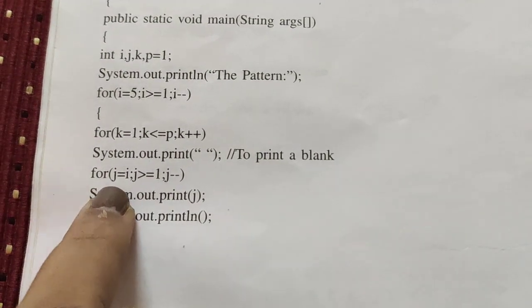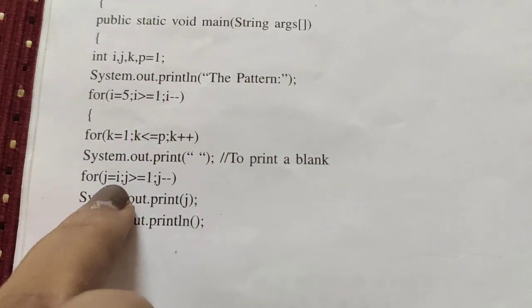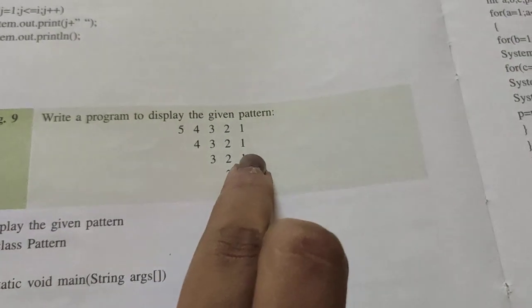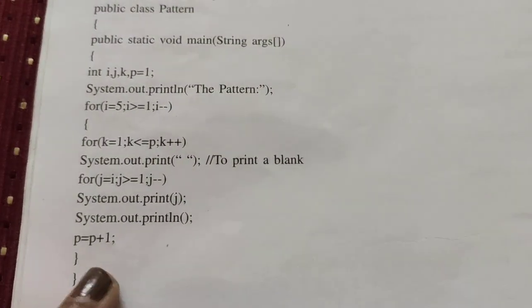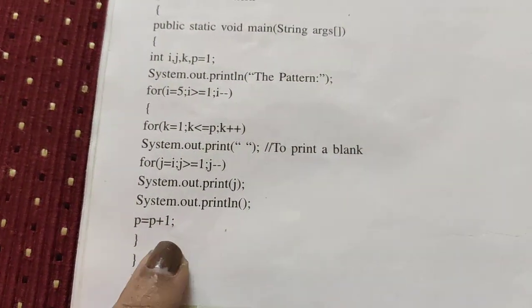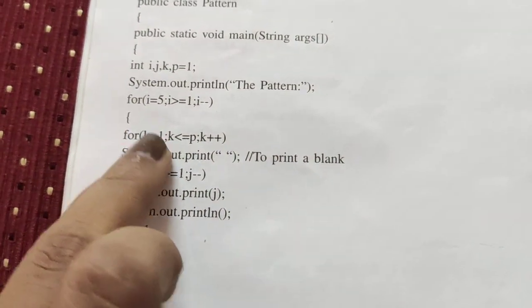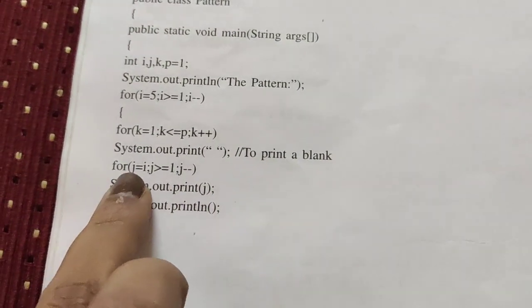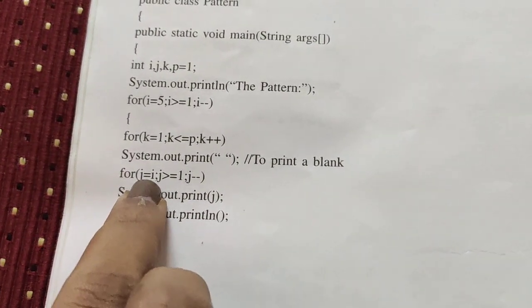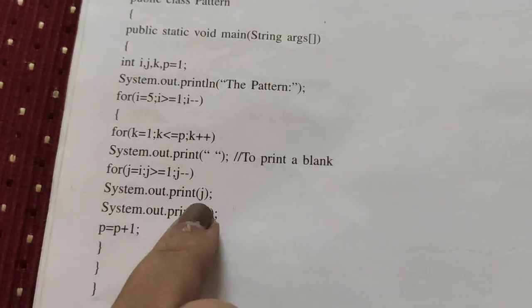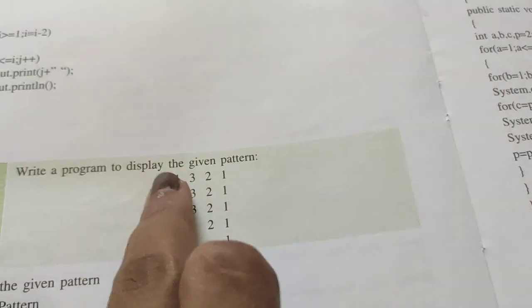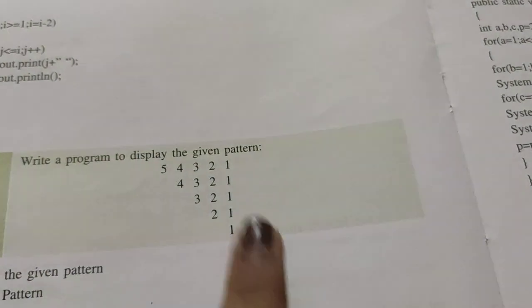So again it will come here. Now the value of I is going to be 4 and it is going to print in the 4, 3, 2, 1 pattern. So again they are increasing because here we want 3 gaps. So p is equal to p plus 1. So now the value here will be 3 and you will be getting 3 blanks, and then the value of I is going to be 3, and it is going to print 3, 2, 1. Like that it keeps on printing, so that you will get this pattern.